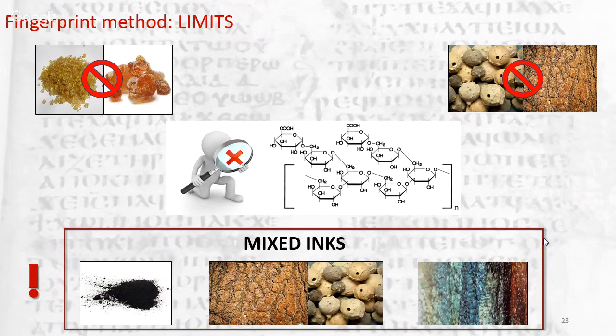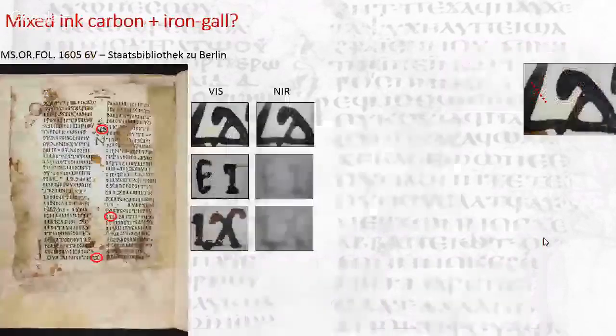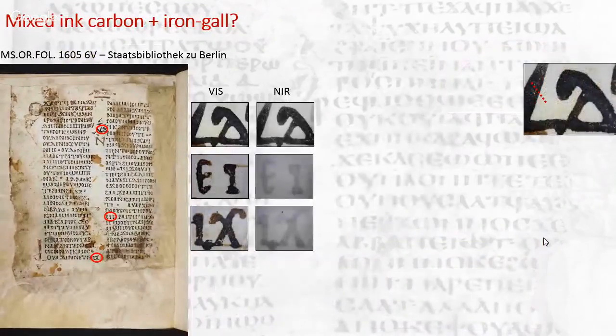But if we have a mixed ink that mixes carbon and plant ink, well, plant ink is mainly organic matter. We won't be able to see it at all. We will see only carbon ink. And this is a case of a mixed ink we found on a parchment